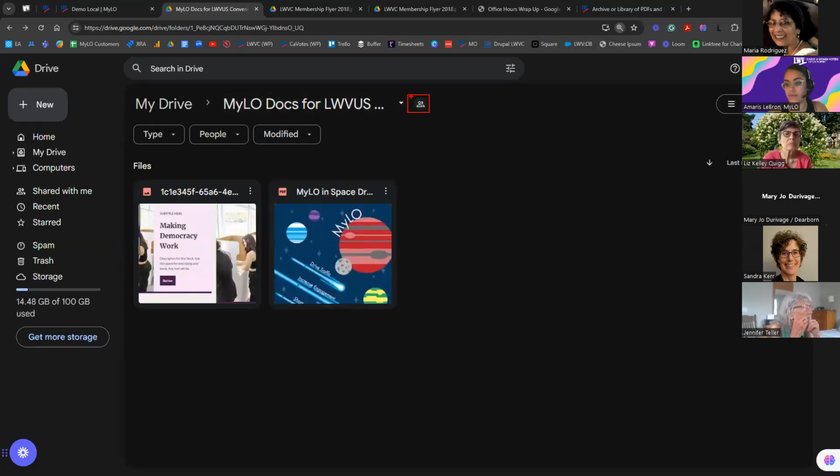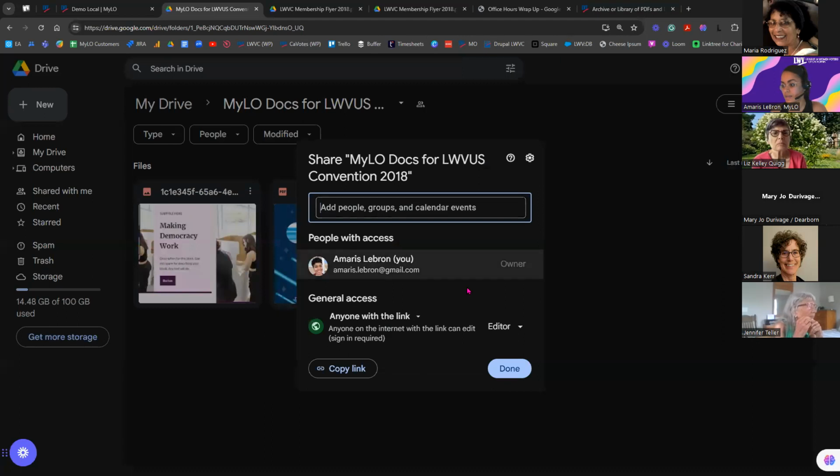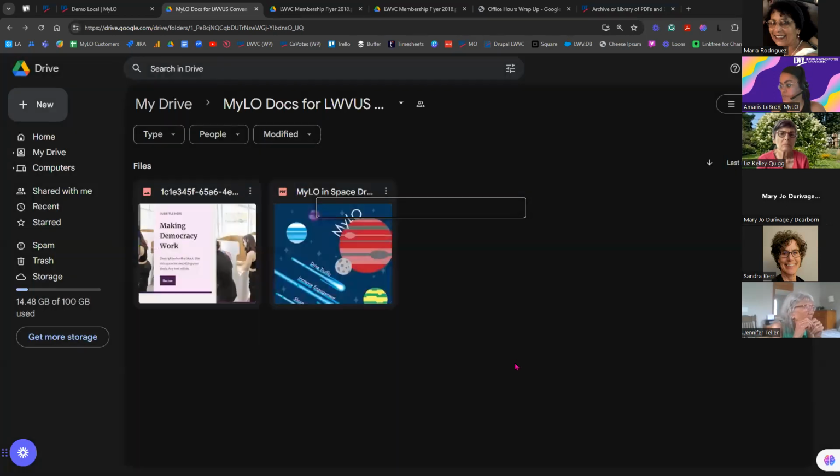That little icon there, it looks like a person standing behind a person. Right, the share icon. By default, it would have been restricted, but I already had this shared to anyone with a link, so we have that set up already. I have to refresh my memory on how to